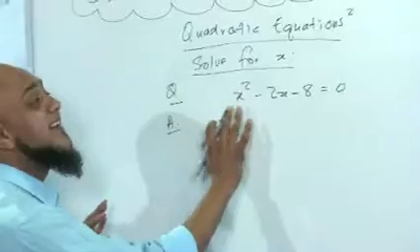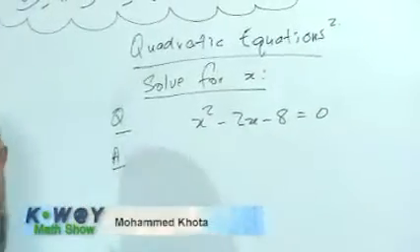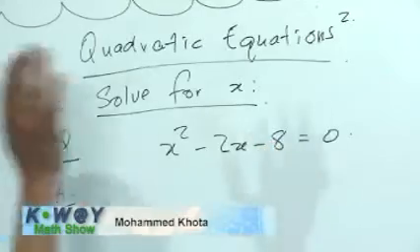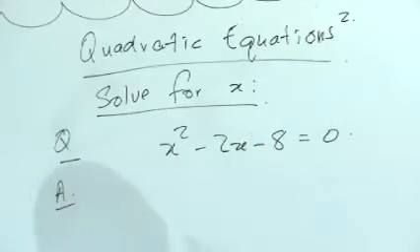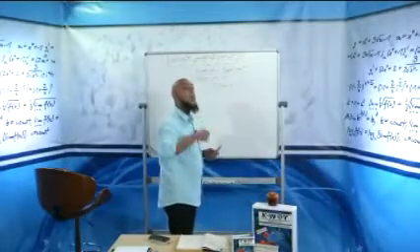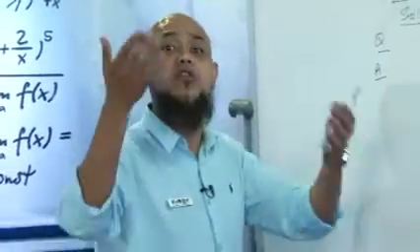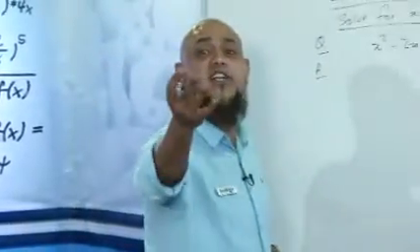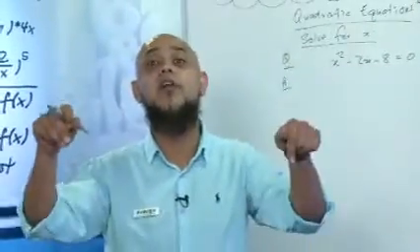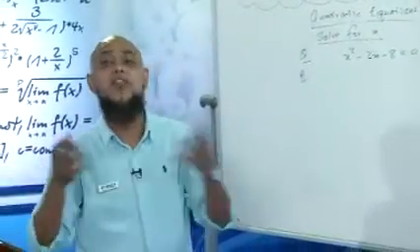Now, boys and girls, this here is a trinomial expression. How do we know it's a trinomial? We got x squared, x to the power 1, and a constant. 3 terms. Tri meaning 3 terms. Bicycle meaning how many terms? 2 terms. Polynomial, many terms. So this is a trinomial expression. We need to factorize it. Now factorization has been introduced to you from grade 8 already. But 90% of you still don't know, up to grade 12, how to factorize.